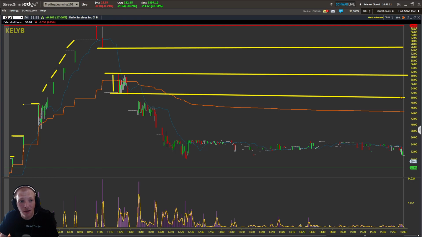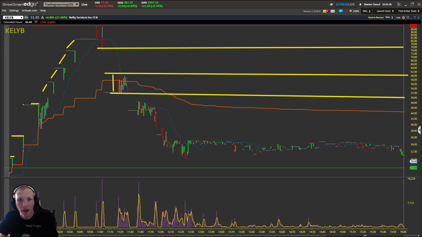If you're holding 1,000 shares, for example, that's a $25,000 loss. This is the danger of trading and being in halts, or trying to trade stocks that are getting halted like this. You have to consider the risk and stay away from stocks like this. This is nasty. This is pure 100% risk. And that's what people forget about.